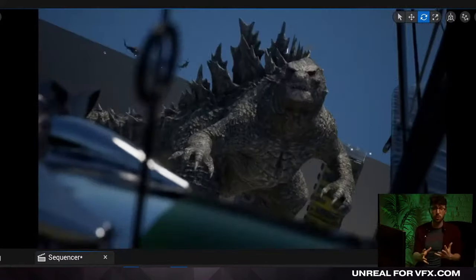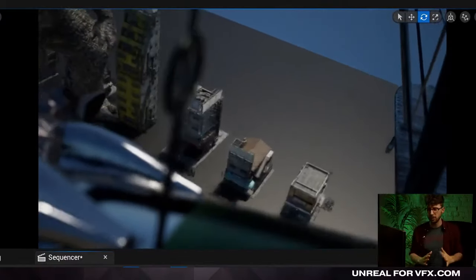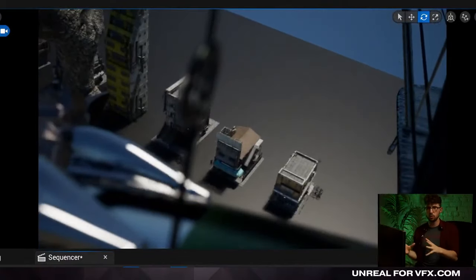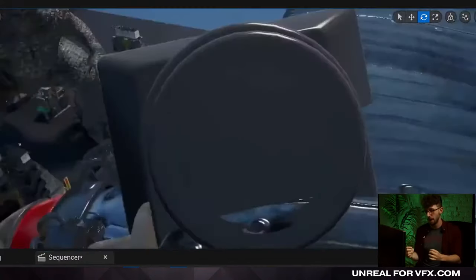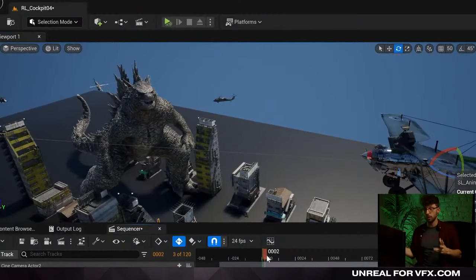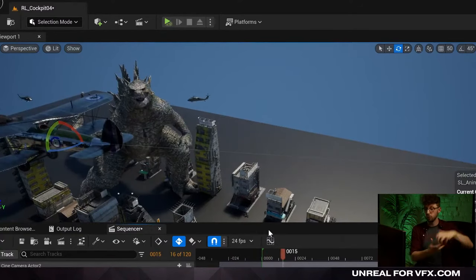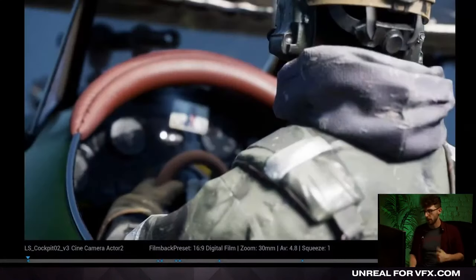So this is a really cool way where, again, you don't have to be some fancy senior animator to get started. You can tell incredibly huge stories and make some really compelling shots by just thinking like a filmmaker, and just by doing what they do in real life. Like in Dunkirk, this is what they're doing. They're bolting a camera onto the plane so that they can still point it around, but so that it actually can be piloted and aimed in real life. So we're just trying to think through, how would they do this on set? How could we recreate this in Unreal? That's all we're trying to do here.